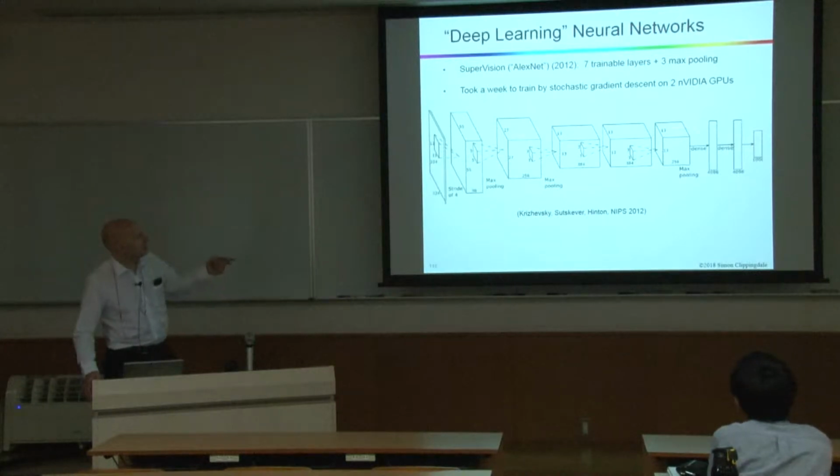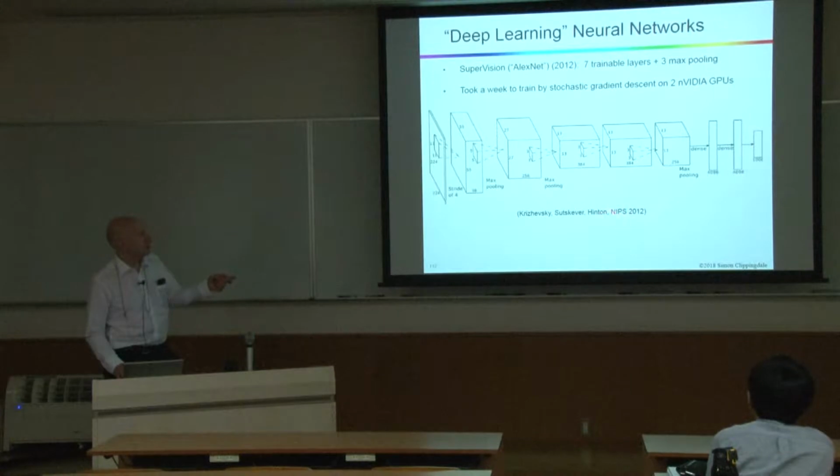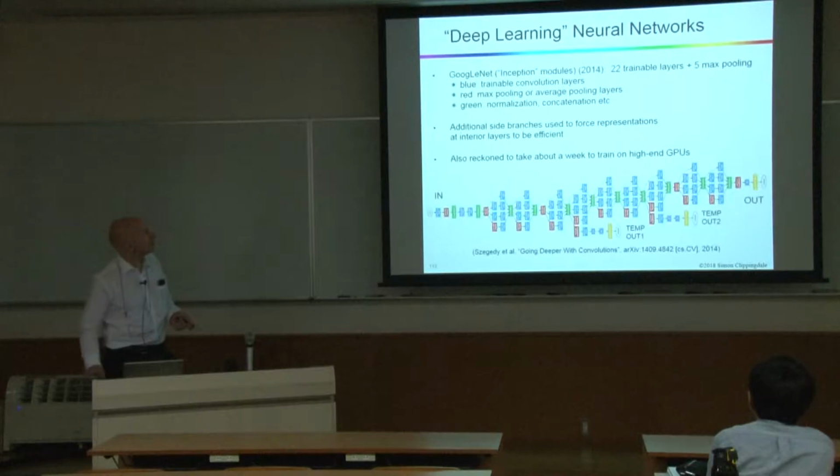So here it is. The input is the size of an image. Output is usually for something like image object recognition or classification. It's going to be the number of classes that you wish to identify objects as. So this was NIPS, which is the Neural Information Processing Systems Conference, in 2012. This was announced. A couple of years later, it had moved on to GoogleNet,